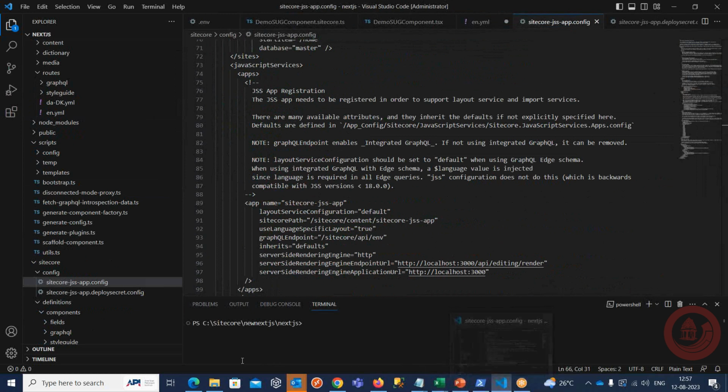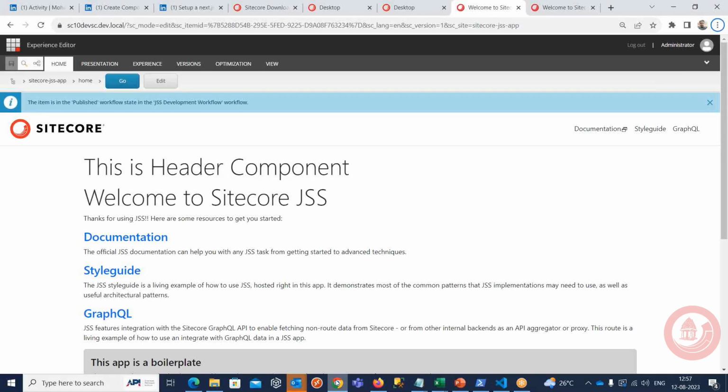Okay, so we have already created the API key, right? Now I'm going to show how this is working in the connected mode. In the connected mode,